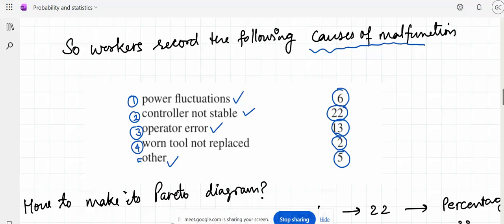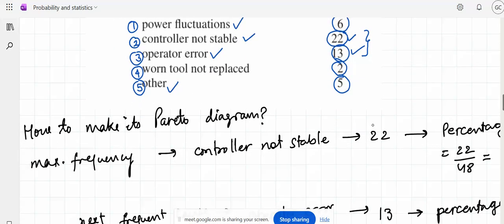Here you can very easily see that the most important are these two, right? And if we just focus on these two, we will reduce our malfunction or faults by 80%. That makes sense, right? But how to make a Pareto diagram? What we will be doing is,